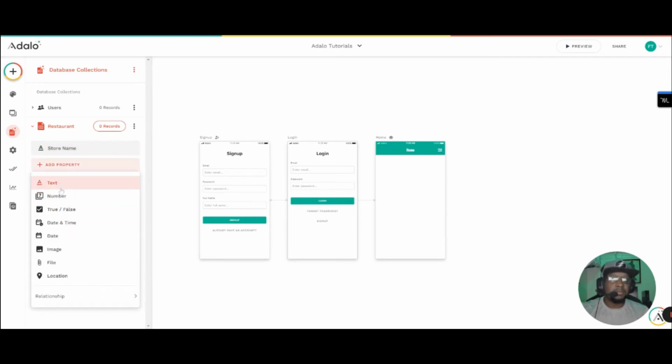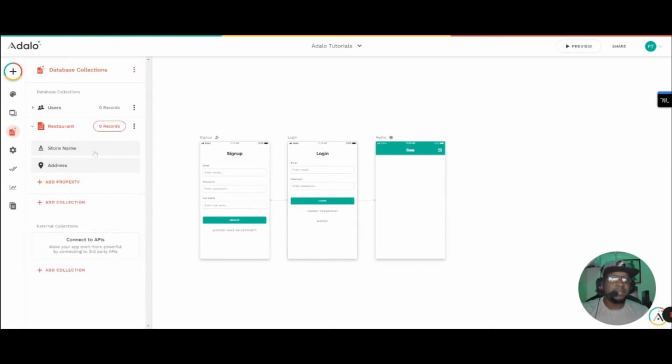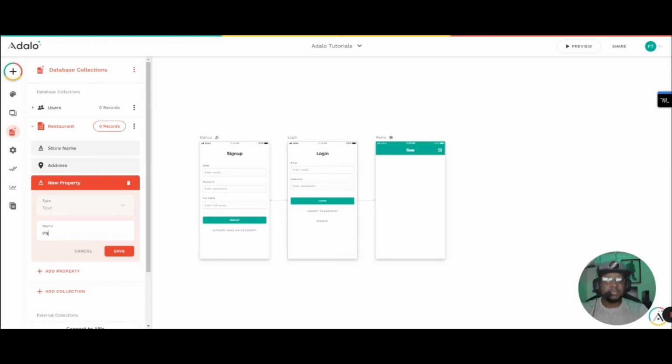And then let's say we want the address, so we can choose location down here. And as you can see, you will have to add a Google API key to add a location. So we're just going to call this address and then hit save. So we have a store name, and then we have an address, and maybe we want to add a phone number. We can choose number or text, depending on how you want it to be displayed. For phone numbers, I normally use text, so I can do phone number,